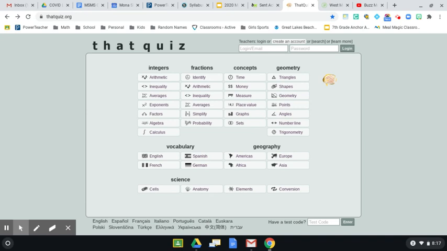And on the agenda, it tells you you're going to spend about, say, 7 to 8 minutes working through just graphing coordinate points and identifying coordinate points. So when you get to thatquiz.org, you're going to go to the geometry column here and down to where it says points right here. You're going to click on points